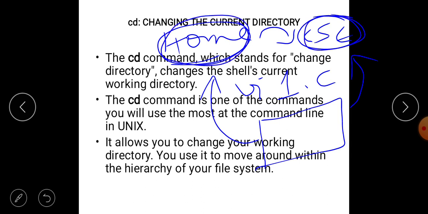Although the csc folder is present in the home directory, your 1.c file will be saved in home. If you want to save your 1.c file in csc, you have to use it like this.